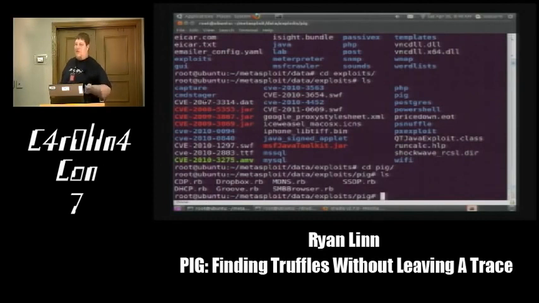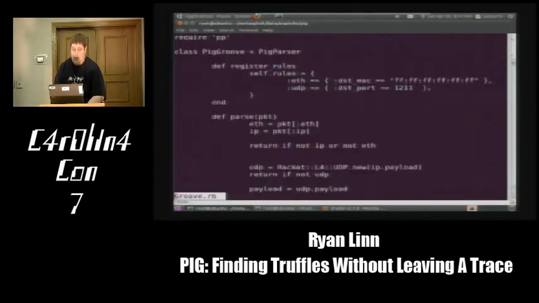One of the things that we do to help speed up the capture, because in some places you're just going to get a crap load of traffic, is we've set some specifications for what types of information you want to be looking at. So the register rules function sets what the criteria are for being able to handle this traffic.